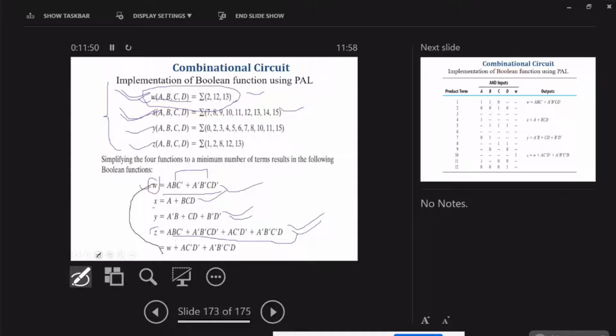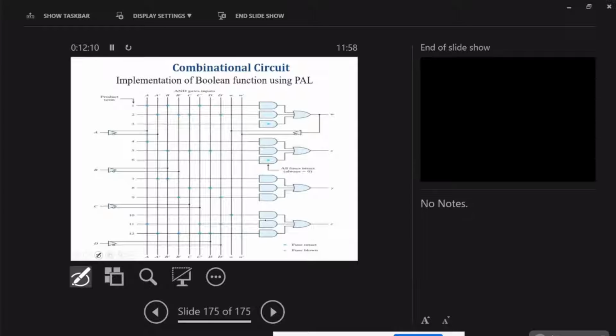So obviously, the total size of the chip will be reduced. Okay, also the cost will get reduced. So this is the flexibility. So for W, X, Y, Z, obviously again we will see the AND and OR array. So this is...